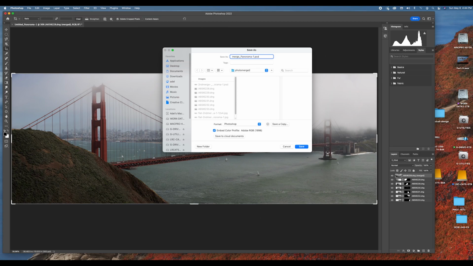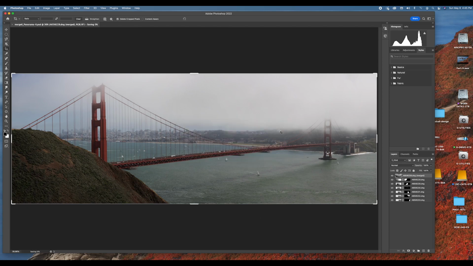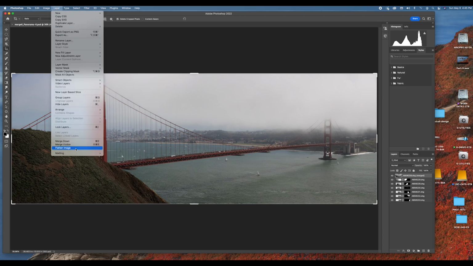6, because I don't remember what I called the other ones. And then we'll basically save it in the same file folder. And I'm going to click Save and click OK. So now I have 6 images blended, merged, and the next thing I want to do is work on this image, but first I have to flatten the image to work on it. So I'm going to go to Layer, Flatten Image,